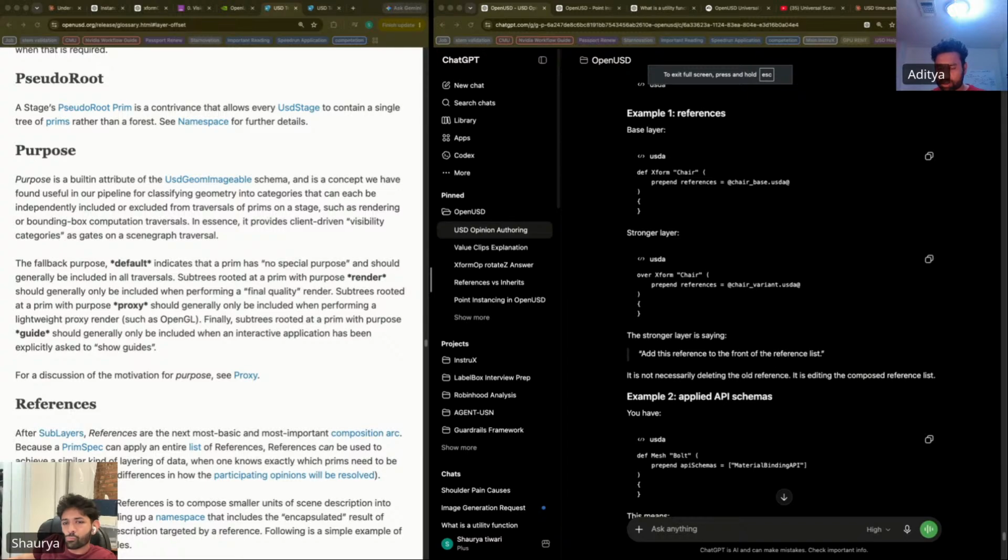So the way they do it in USD is by using list editing: appending, removing, and deleting references accordingly from the list. So this is more of a low-level thing. You want to manage your composition, so that when you compose a complete layer stack, you do not have an unnecessary amount of